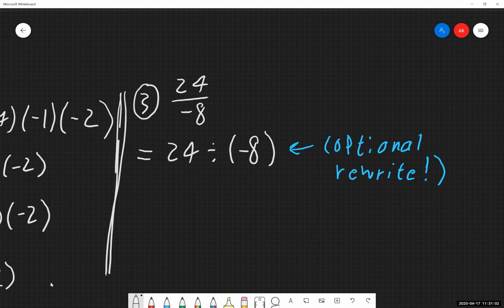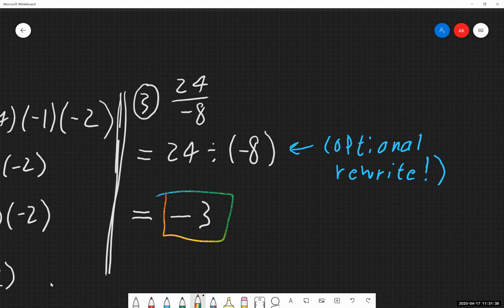Regardless of whichever method you want to use, we do have these 2 things dividing. So I have a positive 24 being divided by a negative 8. So again, looking at our signs first and foremost, positive divided by a negative tells me that my answer is going to be negative. Signs are different from one another. And now, what is 24 divided by 8? That's going to give me 3. I already have the sign figured out, so I can just write in my answer there. The value right there. And we get our final answer of negative 3.